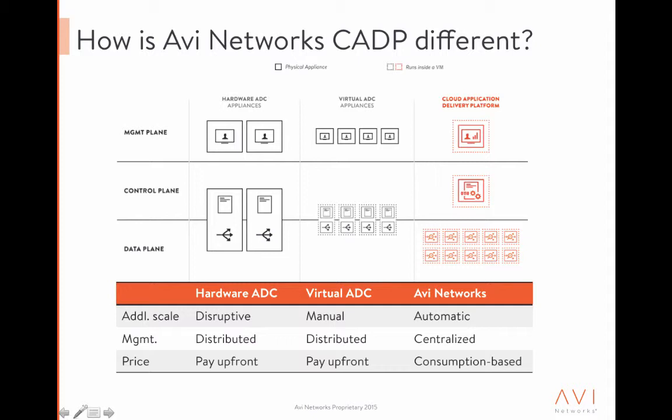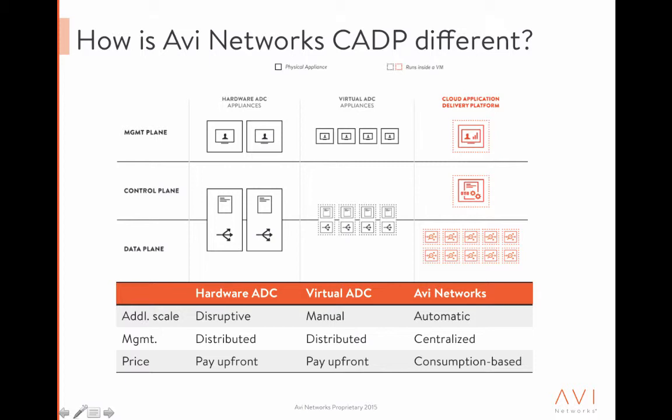Specifically, when you compare with even, let's say, a virtualized or a virtual ADC solution, what's the difference that Avi brings to the table? So very good question. So the virtual appliance solutions from the existing ADC vendors are nothing more than a software port of their hardware appliances. So as a result, the operational model is still static. You have to configure each of these devices separately. You have to manually place them in your virtual infrastructure. You have to connect them, plumb them manually into a networking infrastructure, and then you have to manage the capacity